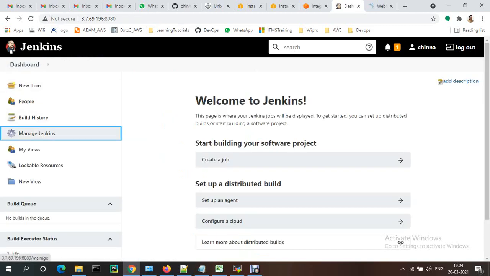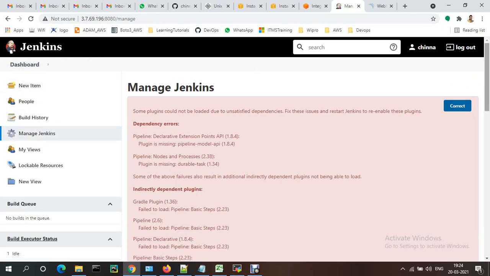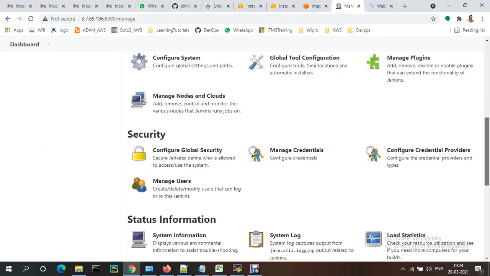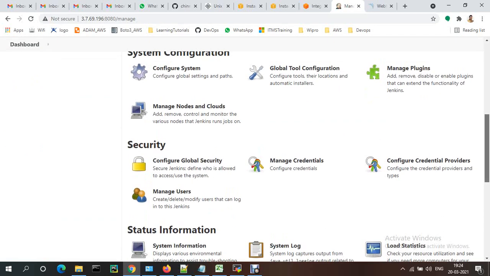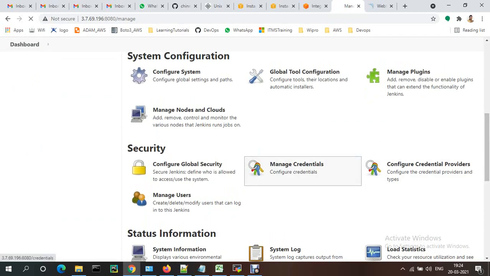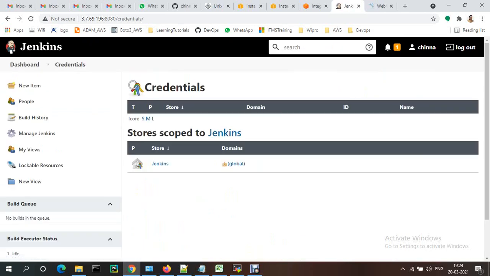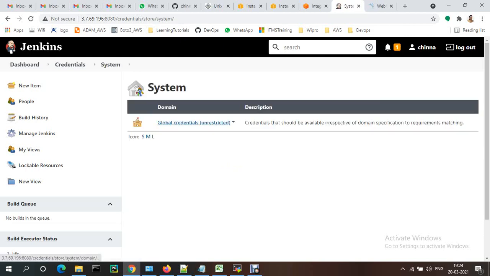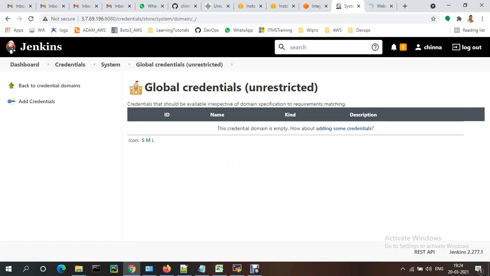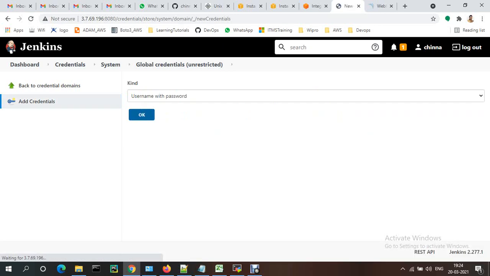Now if you go to the dashboard, we need to provide the key we generated, right? So we need to provide that key. For that, Manage Credentials. We generated the token, right? For that, we are using the store scoped to Jenkins. I'm clicking Jenkins, global credentials, and Add Credentials.